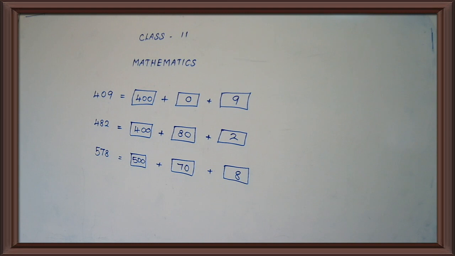See the second one, 68. So you want to first fill the ones column. Okay. So we have to fill this one ones, this one tens. How many ones is here? 8 ones. So you want to write here 8. Then how many tens is here? 6 tens. Okay. 6 tens means we want to write 60.